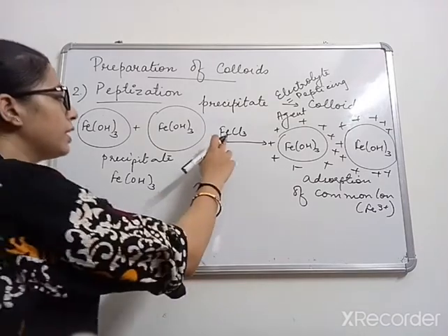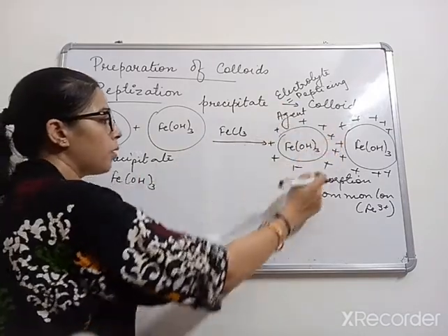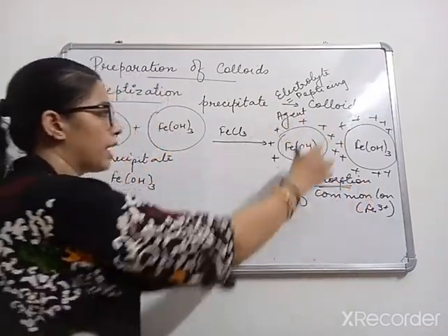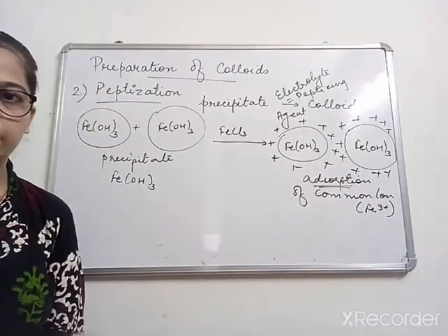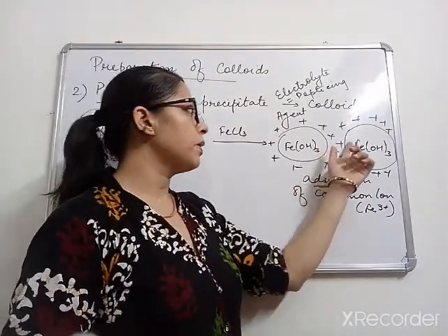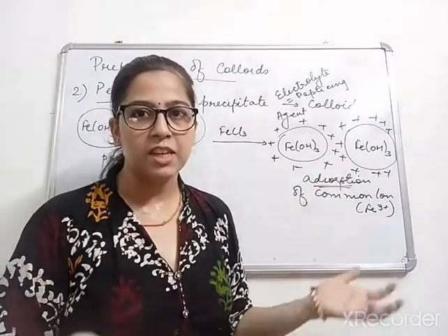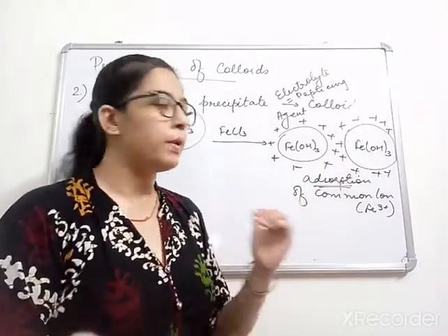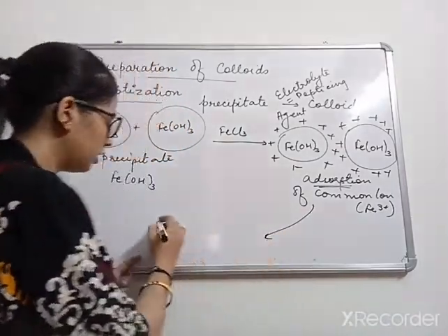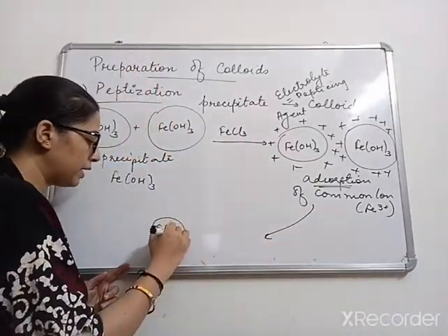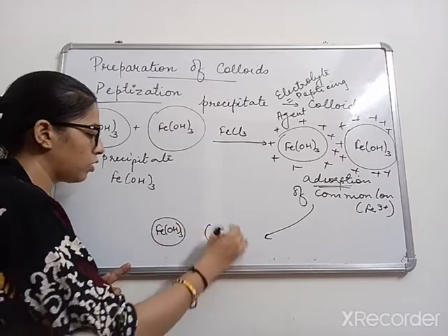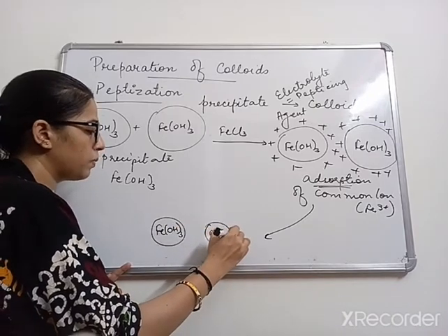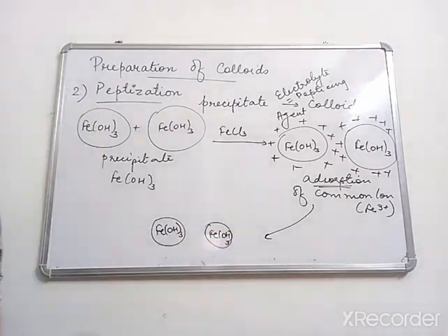So this common ion will get adsorbed. There is adsorption of the common ion on the surface of the precipitate. After adsorption, there will be repulsion between these positive charges. As a result, the ferric hydroxide big molecule will break down into small particles of ferric hydroxide in the colloidal range. So it's because of the preferential adsorption